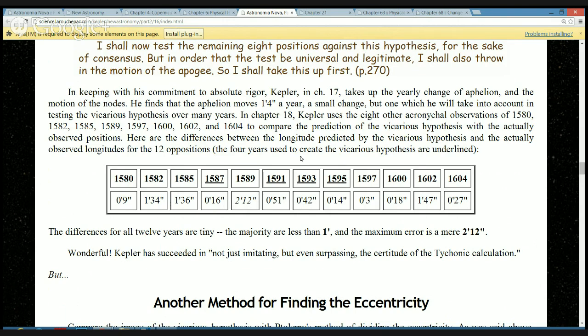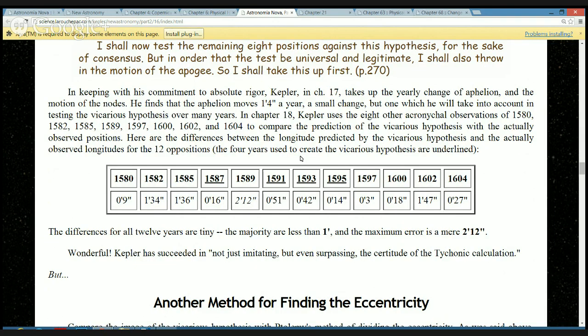The other thing is that actually none of these observations directly came from Tycho Brahe, because since Tycho was using this mean sun and figured that Mars moved around the mean sun, not the actual sun, Tycho didn't make any effort whatsoever to observe Mars on those days when the sun, the Earth, and Mars were lined up. He would make a big effort to make sure that when the fake sun, Earth, and Mars were lined up, he measured it. But the other days, he didn't really care that much. Fortunately, he measured a lot of things all the time, which is great, because if he only measured what he was particularly interested in, Kepler couldn't have done a lot of the things that he did in the rest of this book.